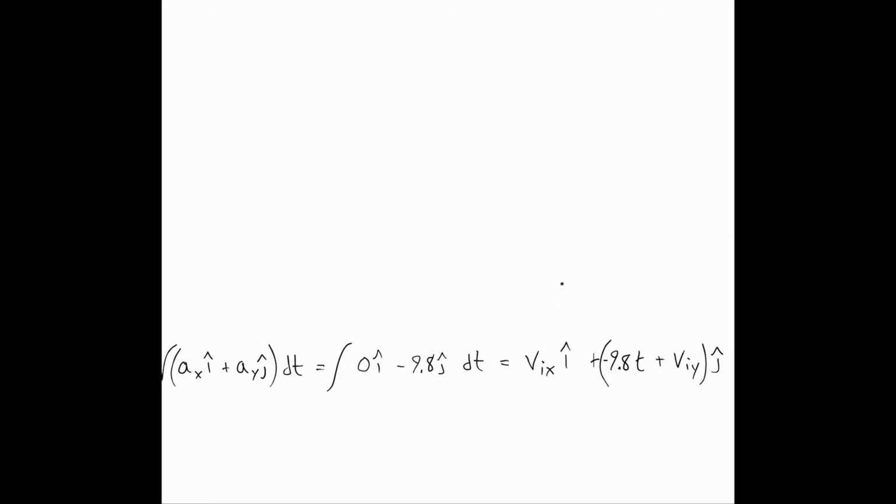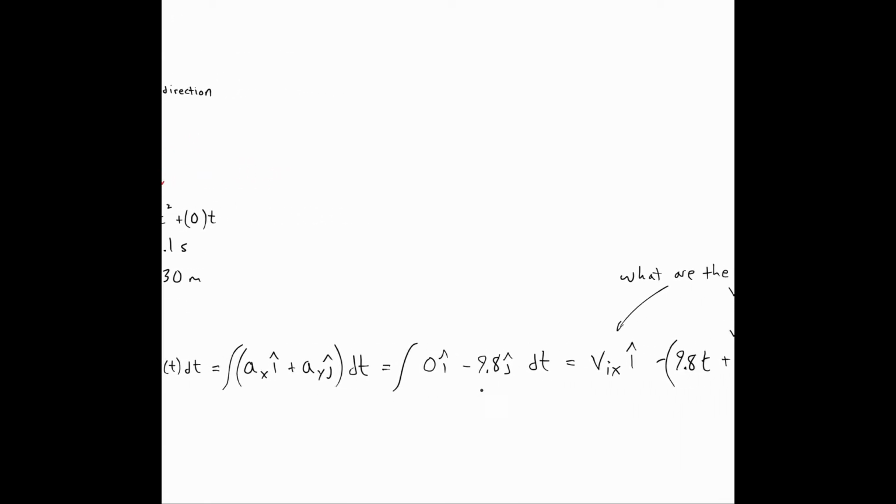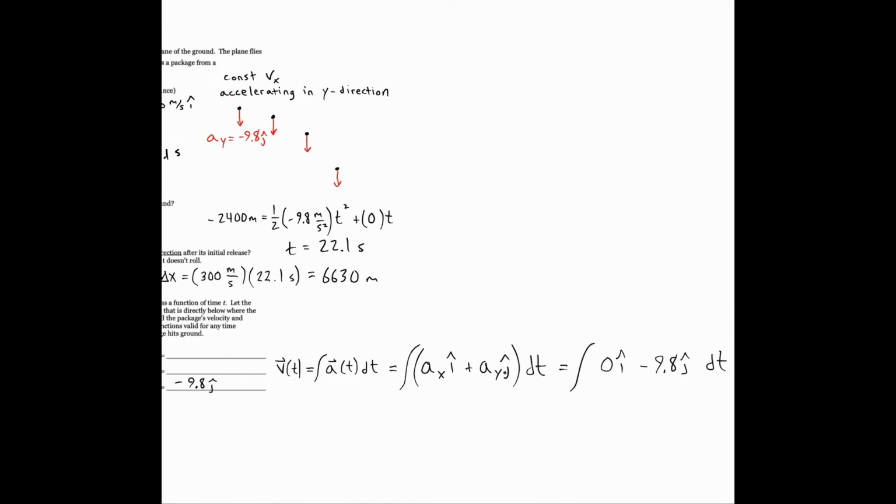So what are those constants? You have to go back to the situation to find them. And this is just one, a little bit advanced way of writing it. It may look a little scary at first. And you can write it differently, and I'll show you an alternative way to write it, if that is scary. What you'd want is to just, instead of keeping it as a vector with i and j separate,